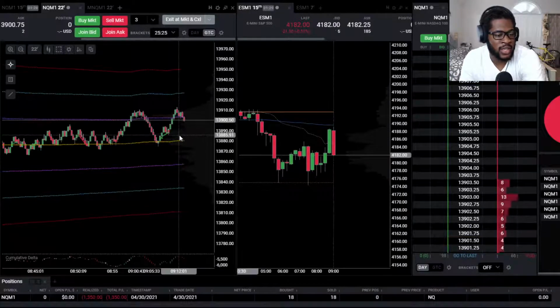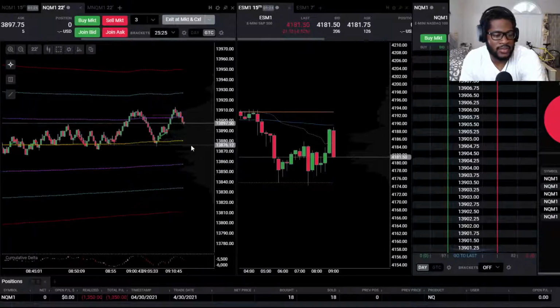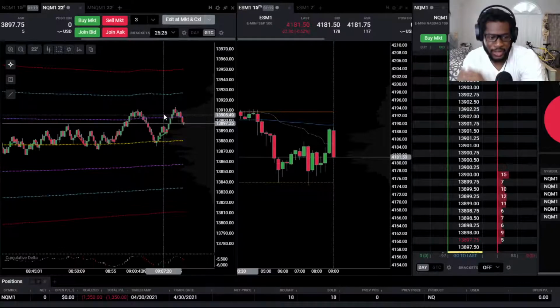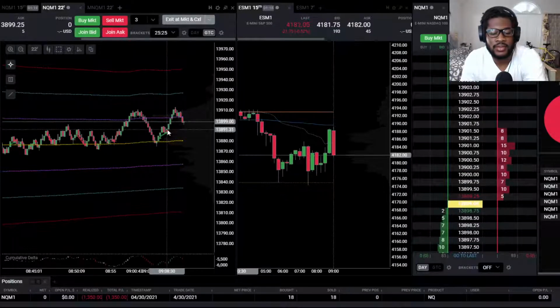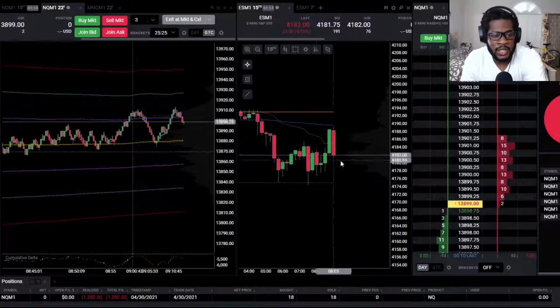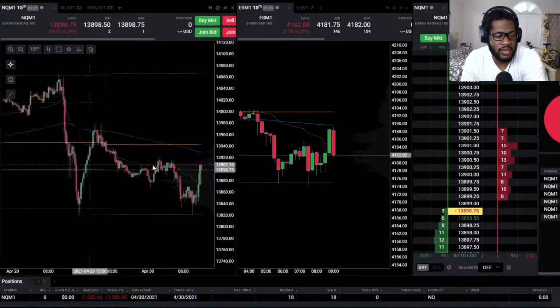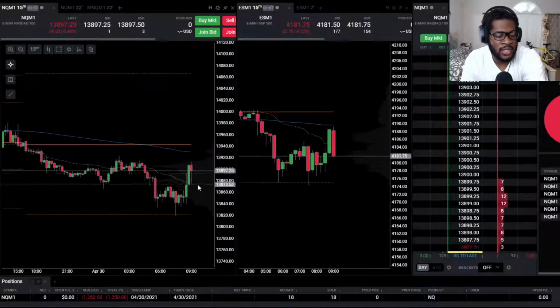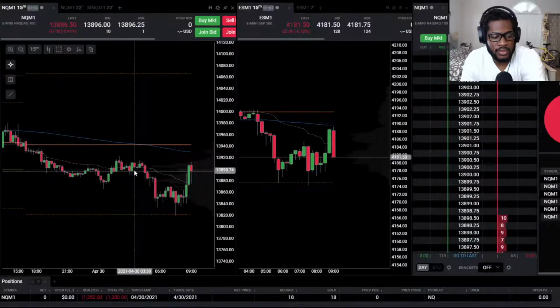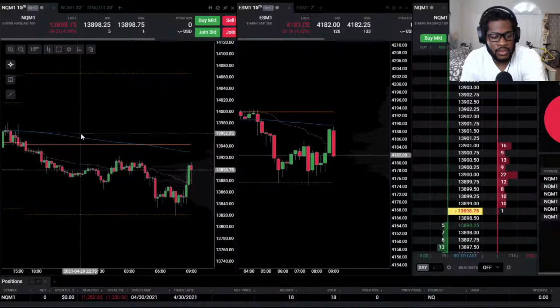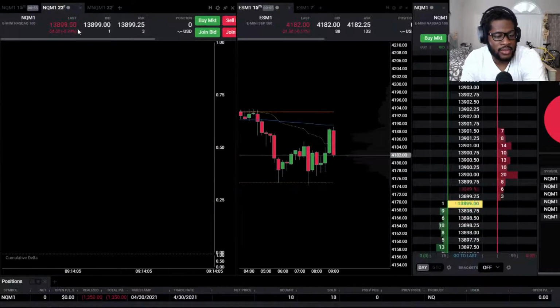But that's not how I'm trading today. Just going for the quick in and out on 3 contracts. If it wants to push up and pay me, then so be it. And if not, then that's all good as well. ES is forming an engulfing on the 15-minute chart. I'm gonna go check the Nasdaq 15 as well. The Nasdaq is looking more bullish than the ES today. We'll see what it wants to do here.